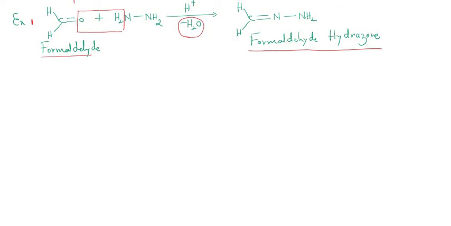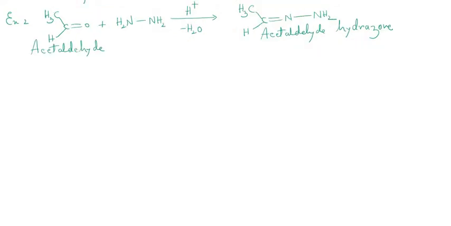So whenever you see this relation, students, that is this part, a carbon linked with a nitrogen, then followed by NNH2, right? So this is a single bond here, NNH2. Then that is nothing but the functional group of hydrazone. Hydrazone. In the second example, students, here I have taken acetaldehyde.